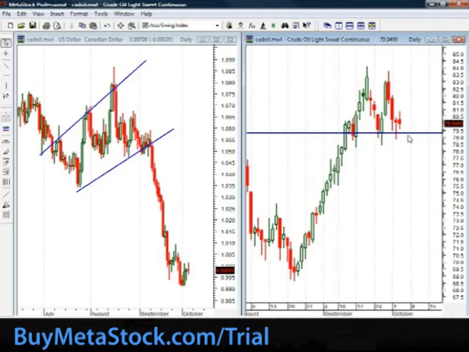Here's what will happen a lot. One of these two markets will lead the other one. So we've had 4 days that, if you put the last 4 days combined together, and I know we're having a little bounce up today, and it's not shown on this chart, we've had quite a decline in oil prices. Conversely, if you look at the dollar CAD, we haven't really had the same kind of reaction. So a short-term trader would look at this as an opportunity to basically capitalize on the lag in one market versus the other. Because this relationship is not efficient,